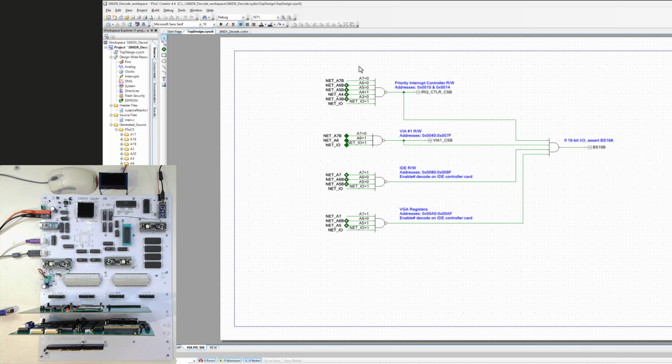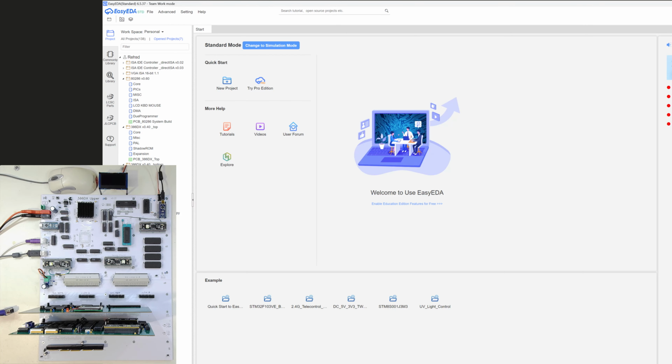I believe you've got 64K of addresses for I/O, and I want to make sure I'm not using something like, in byte, the second byte. This is all the lowest byte that I'm using to do my addressing for I/O, but at some point I'll probably use the next highest byte. But one thing I did do in here, and I had this in my design, so if I open up my Easy EDA for a second and get that flipped over to this monitor, if I look at my design